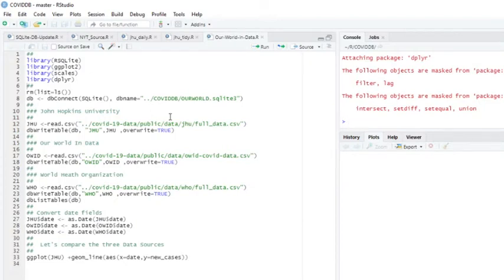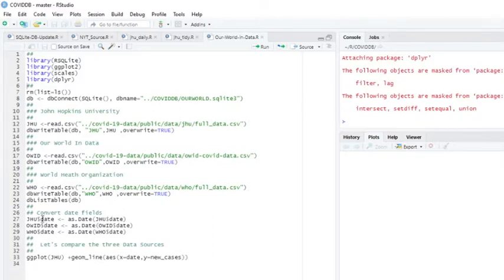I'm getting ready to set up a database for the Our World in Data website. I'm using Git pull to clone their latest COVID-19 data each day. I'm currently using three different data sets, three different data tables. I'm using the Johns Hopkins full data set, the Our World in Data COVID-19 data, and I'm also pulling out the full data set for the World Health Organization. You can see here, I pull these fields, then I write it out to a database.